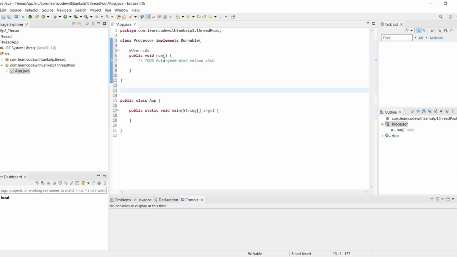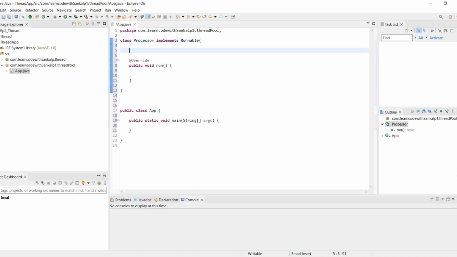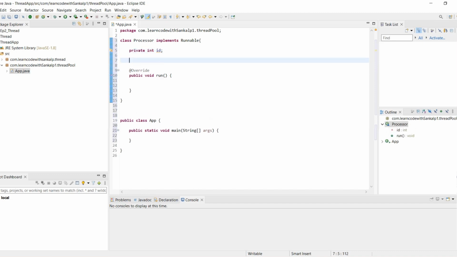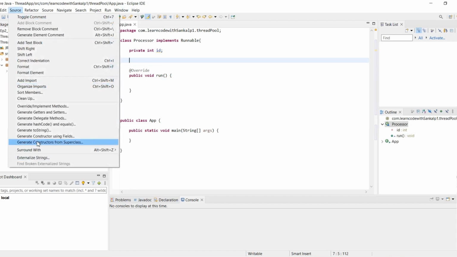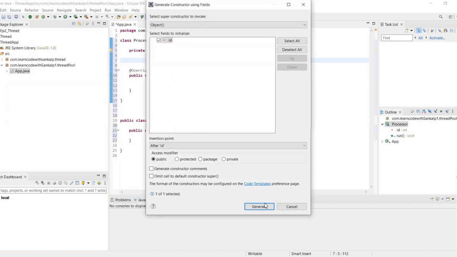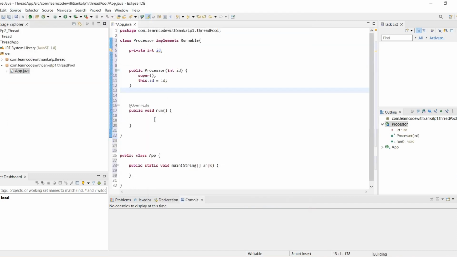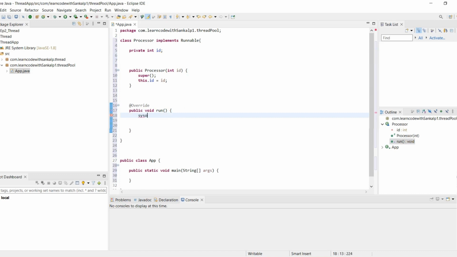Inside, we write simple code. Firstly, we create one variable, private int id, and a constructor for it. Inside the run method, we print our id.